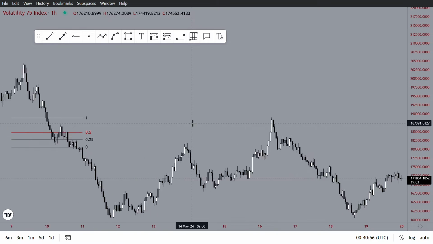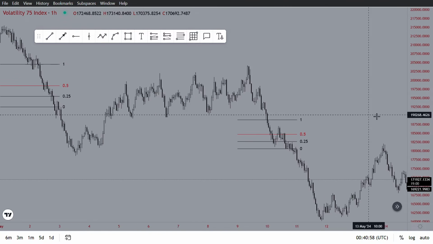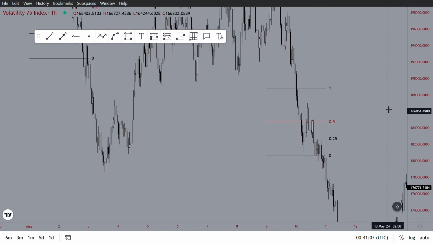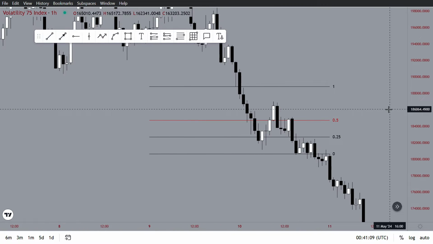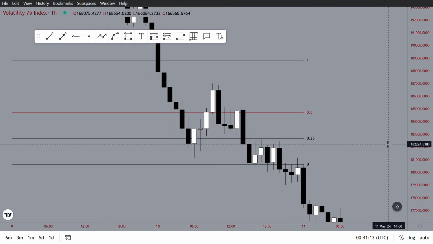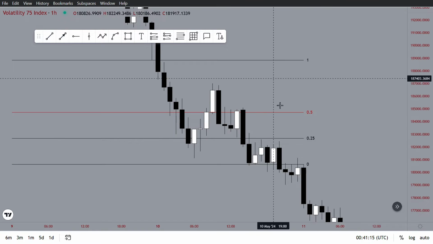Okay, so this is the 1 hour chart. So the first daily fair value gap we marked, the high is here, the low is here, and this is 25% and then 50%, right? Okay. So let's zoom in and look for 1 hour levels above 25% of the daily fair value gap that